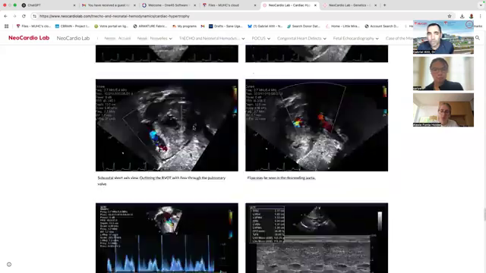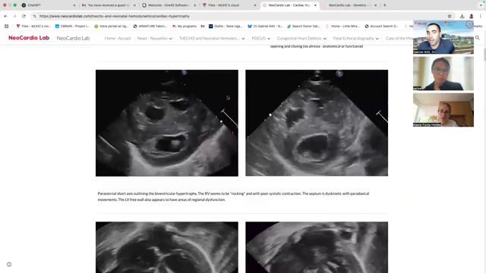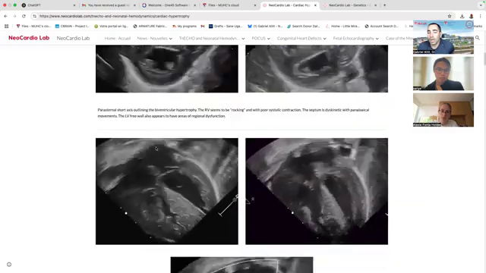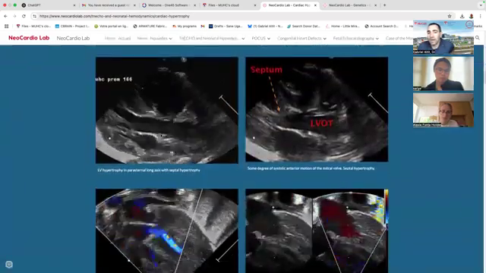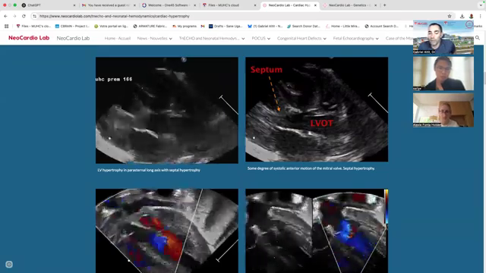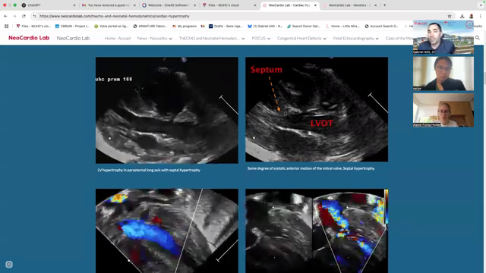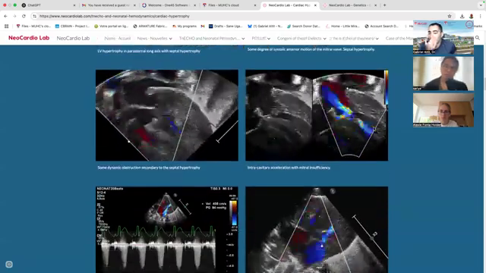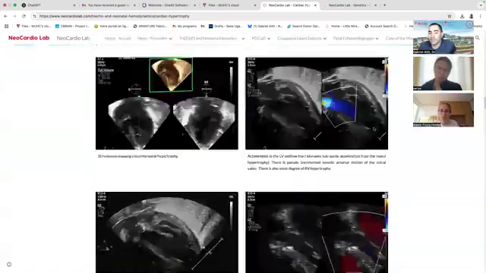So when you have hypertrophy, you want to look at obviously your cardiac contraction because some of these patients may be asphyxiated, as I mentioned. You want to look at whether or not you have opening and closing of your aortic valve and that you have blood flow going through your outflow tract and feeding into the aorta. You want to check the septal motion relative to your mitral valve. So we know that the mitral valve